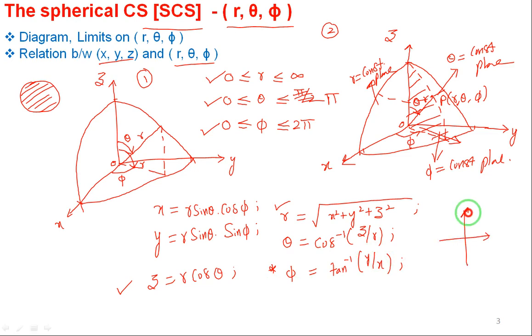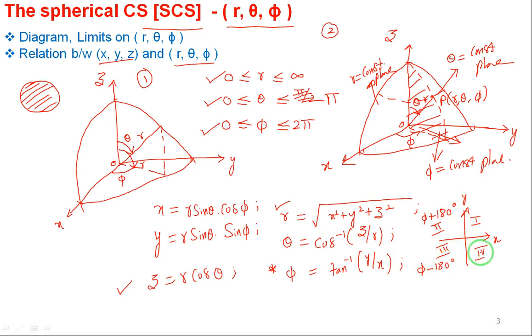To recall, I will show you how while calculating phi. This is the x axis, y axis. If the point comes in the first quadrant, no problem. If the point comes in the fourth quadrant, no problem. But if the point comes in the second quadrant, whatever the value of phi you calculate, add plus 180 to it. Phi plus 180, this we have seen. Phi plus 180 degree. Then if the point comes in the third quadrant, subtract 180 degree. Phi minus 180 degree.